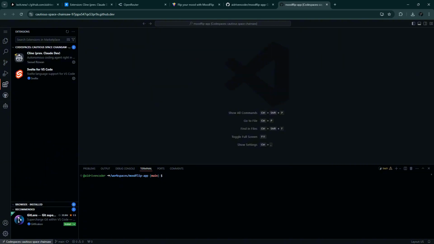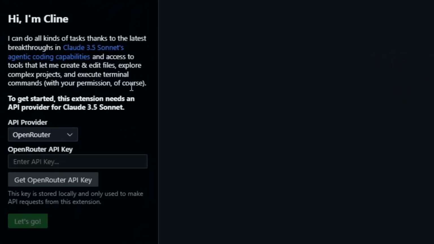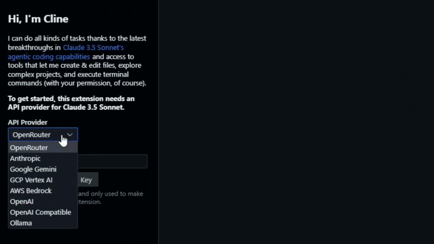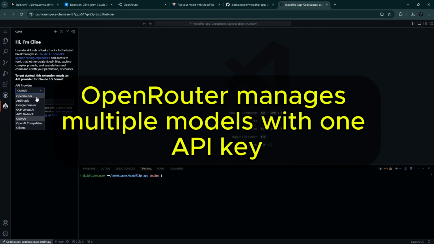To start with Cline, we need to set it up. As we can see here, it supports a lot of large language models. All the main ones are here: Anthropic, Gemini, OpenAI. But since we're going to take advantage of even the free LLMs, we need to switch back and forth between models. So it would be tedious to enter a key separately for Anthropic and separately for other APIs. So let's just use OpenRouter.